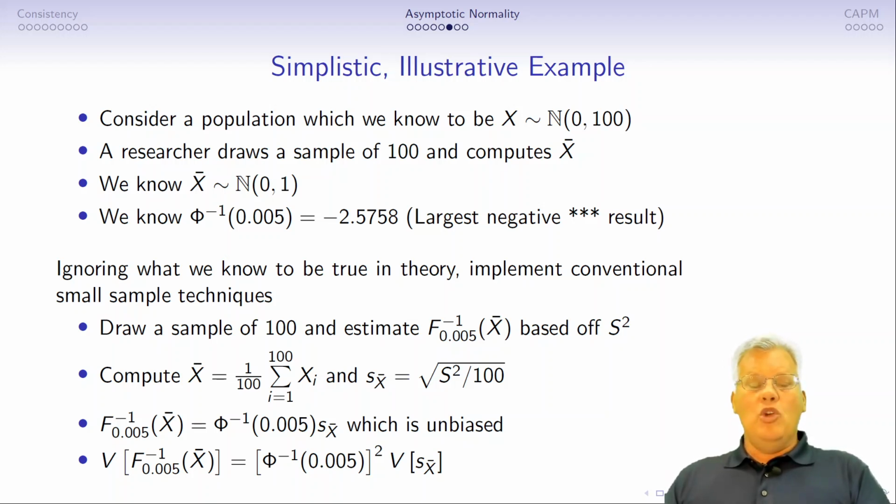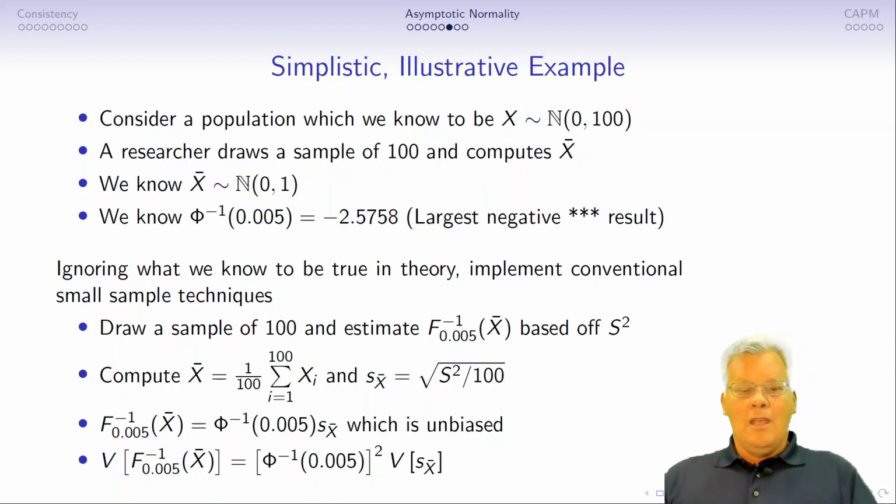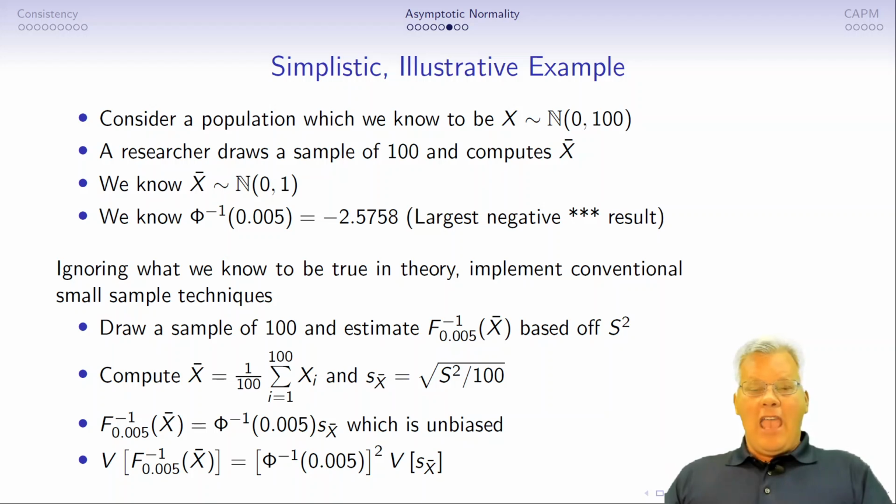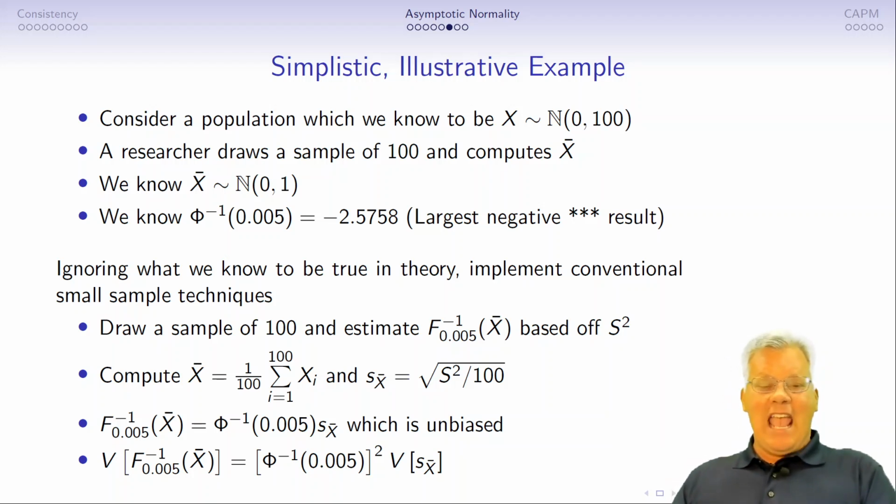And we can compute the sample standard deviation of this mean, right? And we do that in the normal way. It ought to be close to 1, but there will be some amount of deviation. So if I want to compute this largest negative 3-star result, that's F inverse. So F is, of course, sample-based rather than phi, which is theoretically based. So the sample-based